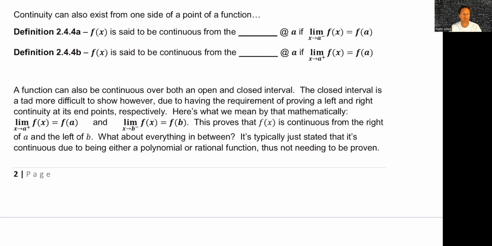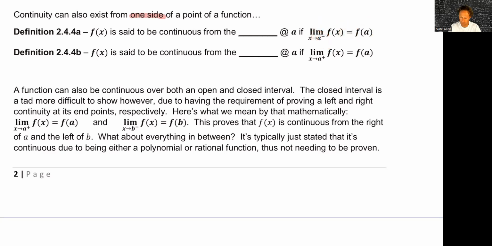And that last one was a nice way to talk about the next definition, because we don't want to look at just both sides all the time. We also need to talk about continuity from one side or the other. Is it continuous just to the left or just to the right? What do you think that means? Well, again, if the continuity definition had 3 steps, this would also have to meet those steps, but from one side or the other. So it has to exist, and if it does, the limit from that side has to be